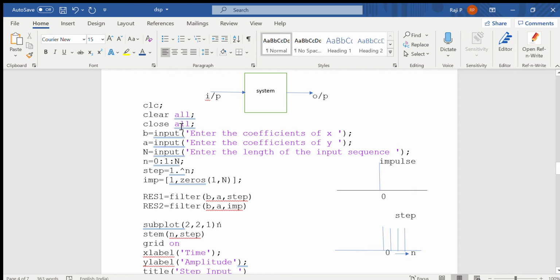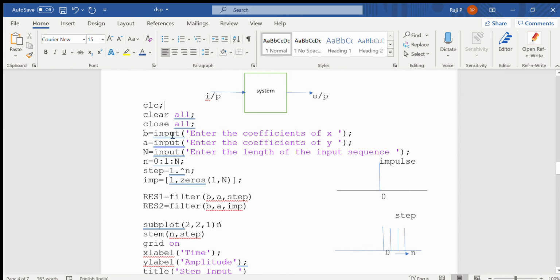Now here we have to give the input coefficients of x and y. Basically a system means you will write it in terms of input and output, which we denote as x and y. One method of doing it is directly giving the coefficients here, but a much better method, whichever difference equation you want to check, is to use the function input.